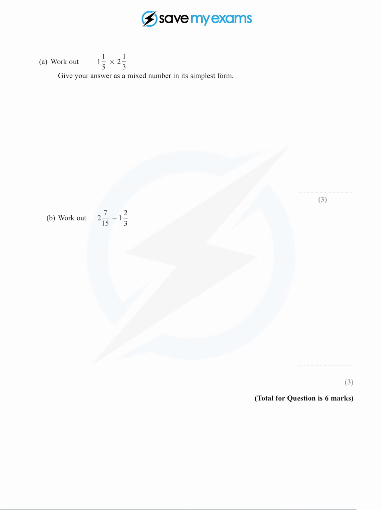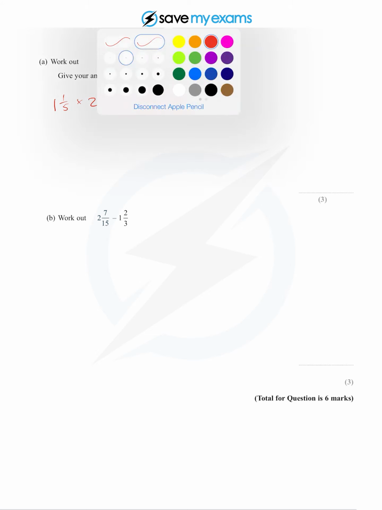start with. So we can say 1 1/5 times 2 1/3 is, well, 1 1/5 is, the 1 is 5/5 plus the 1/5 is 6/5, and then we multiply by, well, 2 1/3, the 2 is 6/3 plus the 1/3 is 7/3. Now, it would be a good idea to cancel as soon as we can, so I'm going to